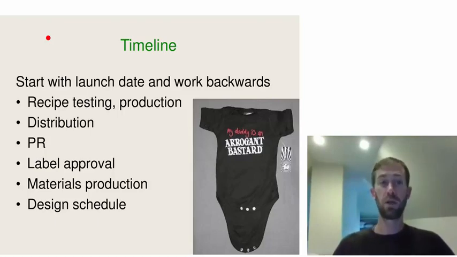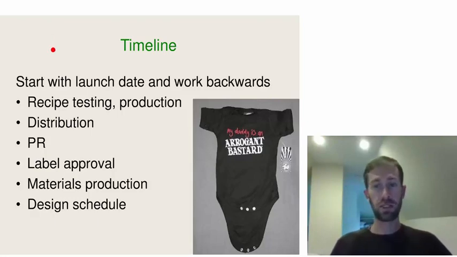so that those ads are going to come out, and earned media is going to come out when it's time and not a month after your product launch, because it sort of diminishes the viability of that PR. Same thing, label approvals. We'll show a Gantt chart later on, but this is often one of the surprisingly slow parts